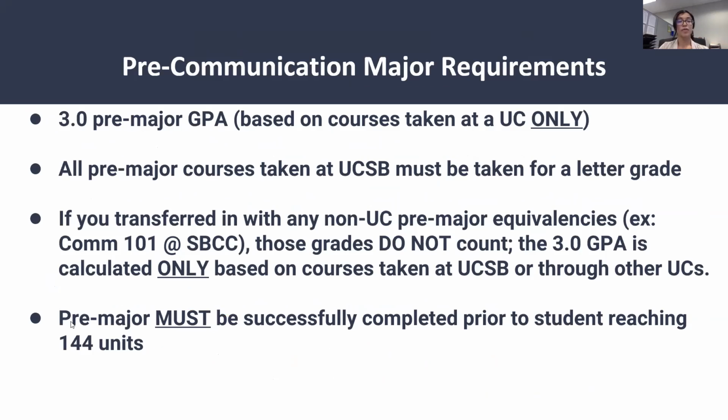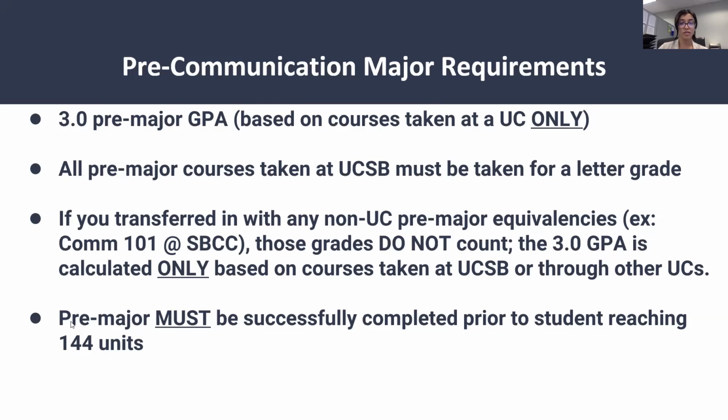Okay, so let's talk about pre-major requirements. As we mentioned earlier, you do need to attain a 3.0 GPA based on the pre-major courses you take at UCSB. Letter grades for any prerequisites taken at a non-UC institution will not be factored into your pre-major GPA. So this means that if you took a stats course at a CC, then you will need to attain a 3.0 across Comm 1, 88, and 89 at UCSB. If you're transferring from another UC campus and you took a pre-major course there such as statistics or research methods, the grade you earned will factor into your pre-major GPA.